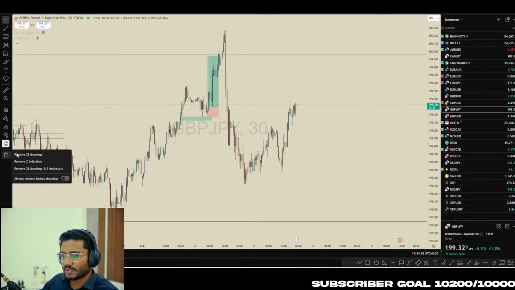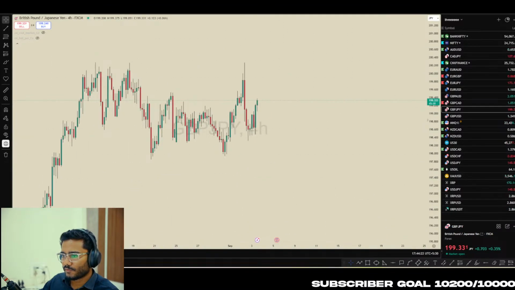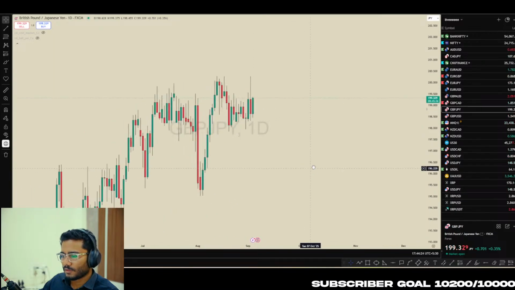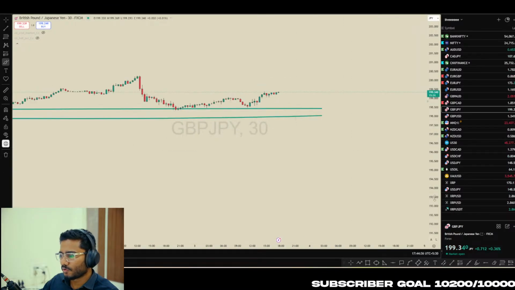On GJ, we have news on GJ. If you look at the higher time frame, then it's going to the upside. Price has flipped this liquidity. We have the strong low. Right now we have the strong low. There is a lot of liquidity over this high. So if you go to the 30-minute time frame,